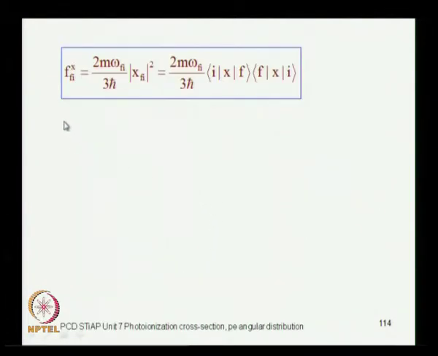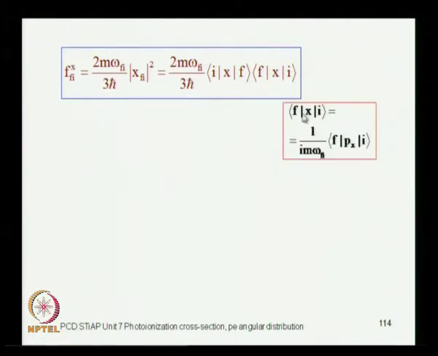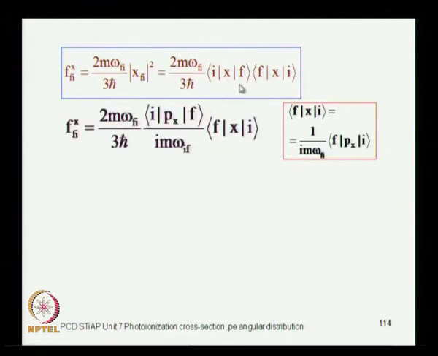Now, let me take the expression for the x component. This is the modulus square of this matrix element. So, I write this modulus square in this form, which is Ixf times its complex conjugate. Now, we already have an equivalence between the position form and the momentum form. So, using this form we can write these elements in momentum form. So, I have written the first of these elements in terms of the momentum operator. So, one is in terms of the momentum operator, the other is still in terms of the position operator,